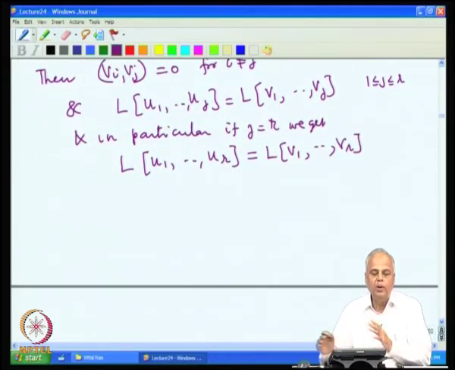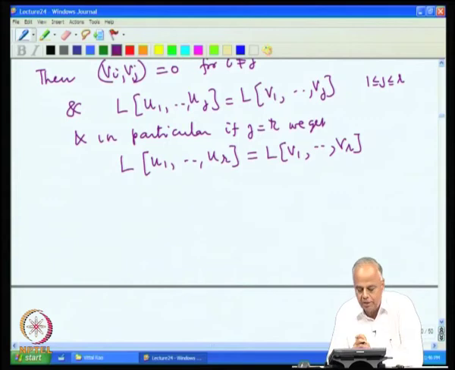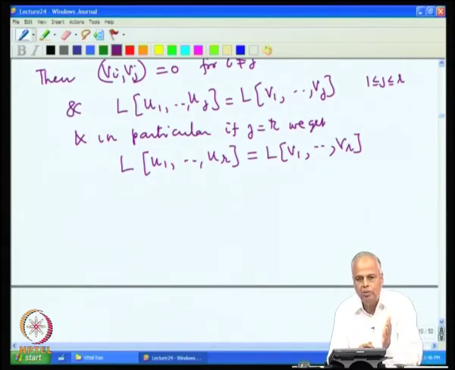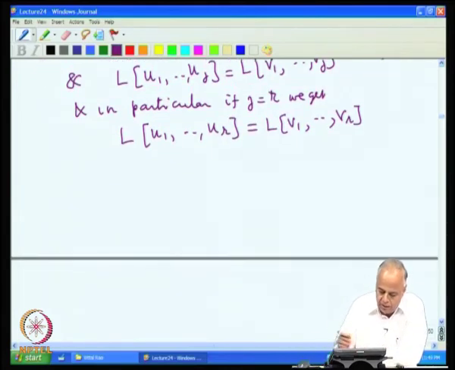So, first we have done the orthogonalization process. We were given linearly independent vectors u1, u2, ..., ur. Recursively, step by step, we have produced a sequence v1, v2, ..., vr of vectors which are orthogonal to each other, and in such a way that they sweep the same space at each stage as swept by the corresponding u's. Then the second step